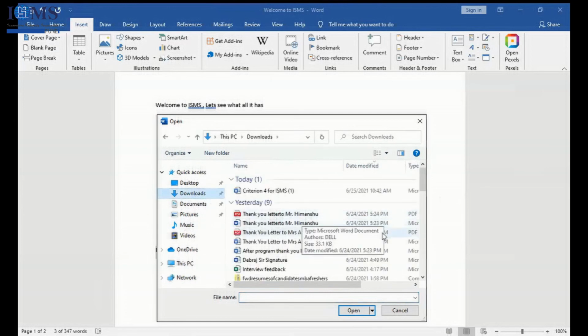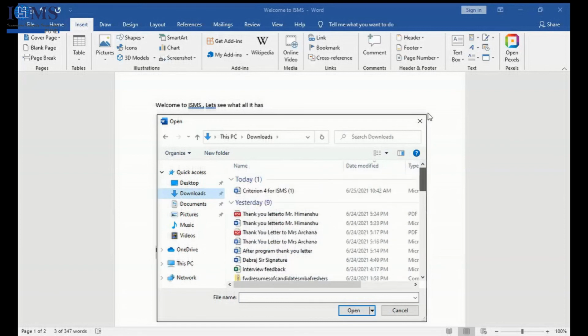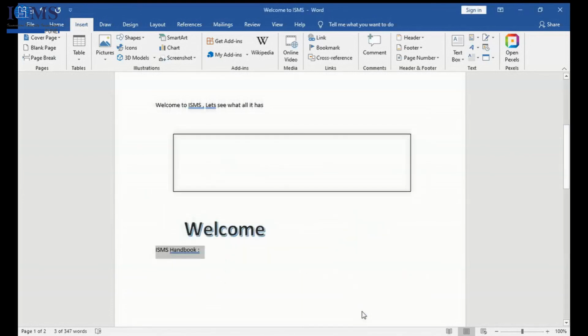Now for example, no, I don't have that. For example, one document I have is the management control system. I'll just go and select it and open.